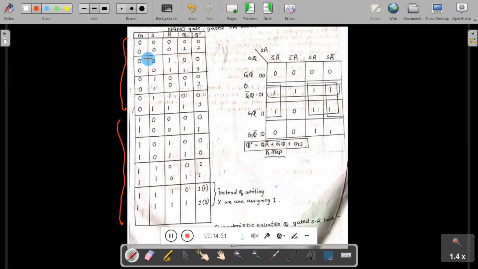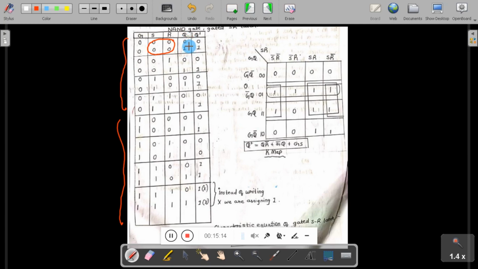Now when G is equal to 0, for S and R equal to 0, 0, the present state, or last state as I use the word, is equal to 0, and then you take the other value of the last state, equal to 1.